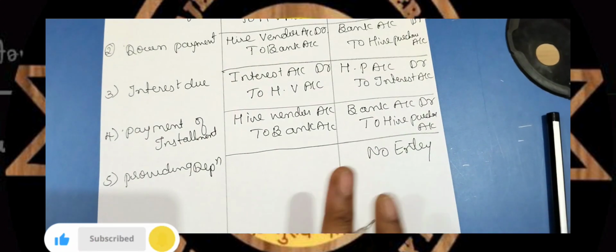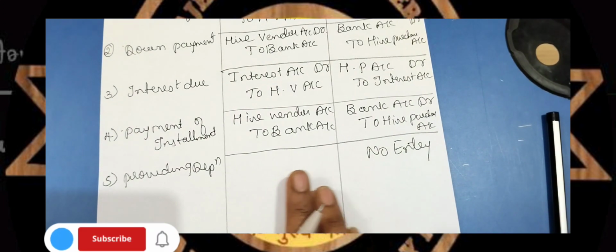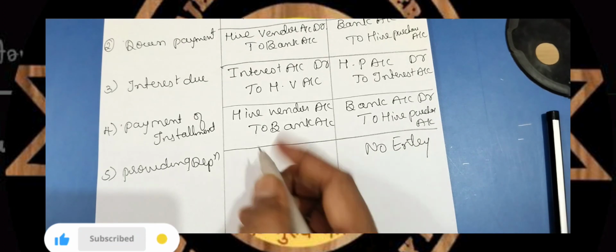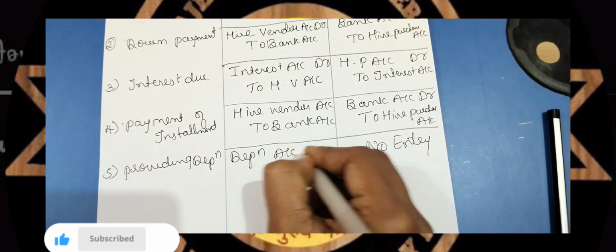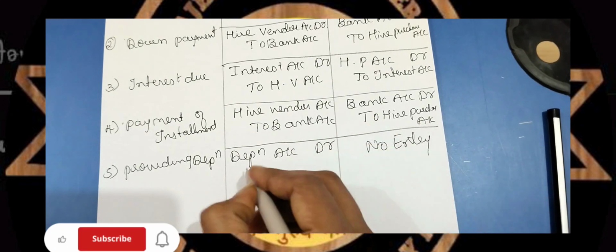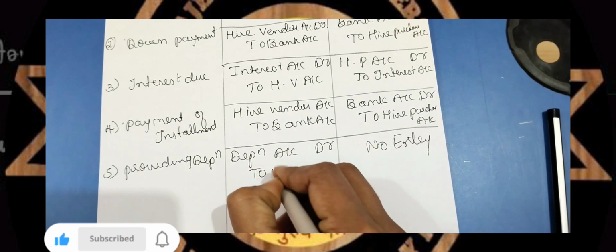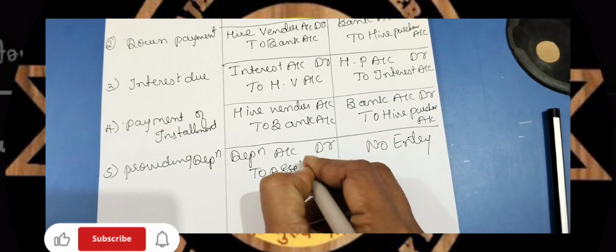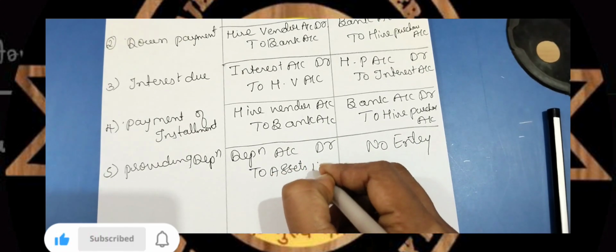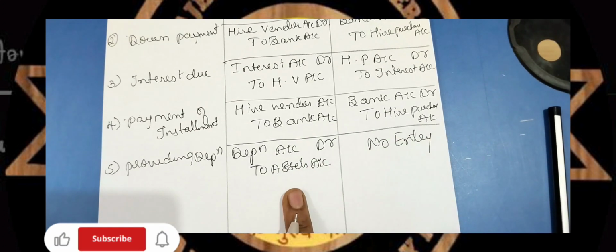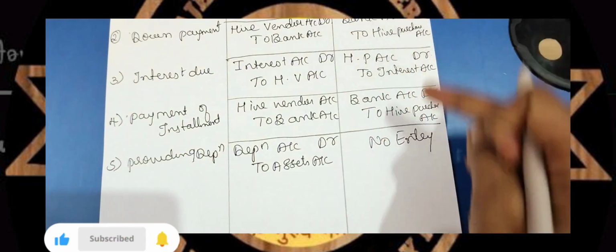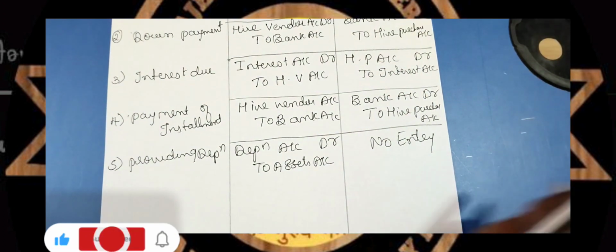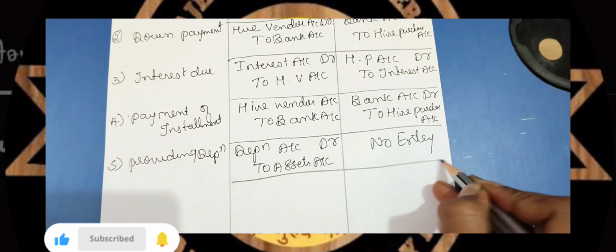Here you are passing an entry. Depreciation is a non-cash expense, right? So you are debiting the depreciation account, and for the asset you are charging a depreciation, that concerned account you are crediting. Okay. So there will be no entry in the books of the hire vendor. The next transaction is